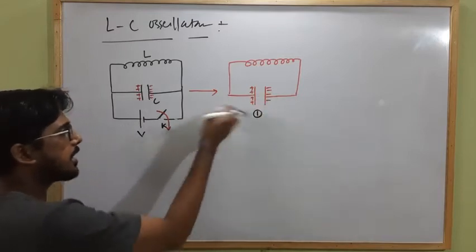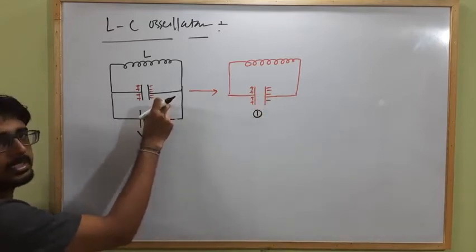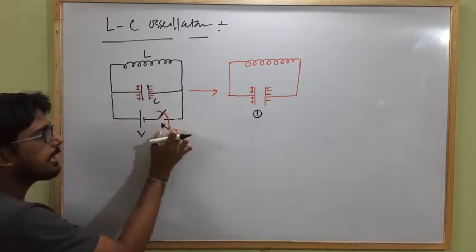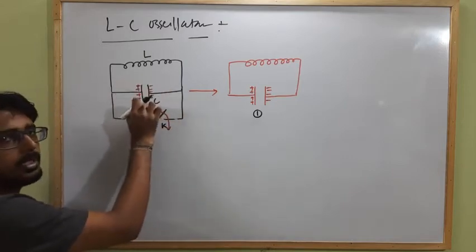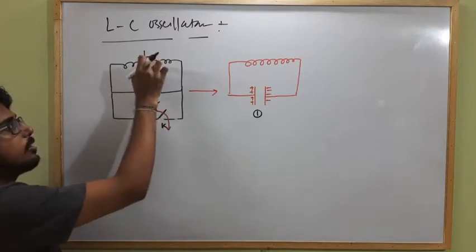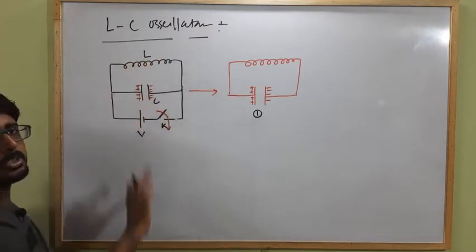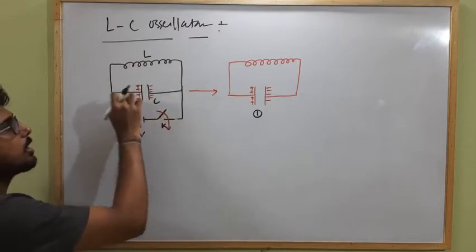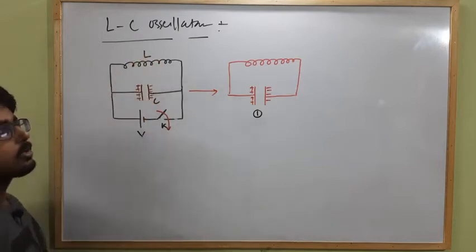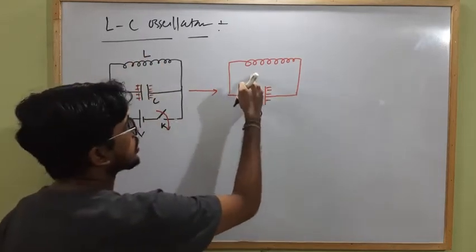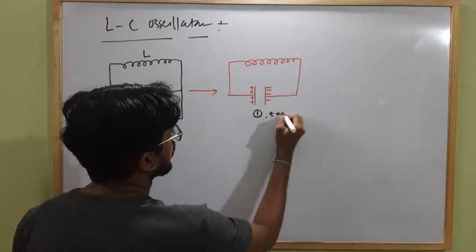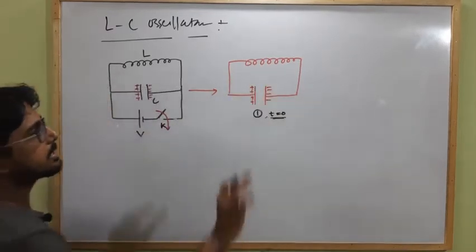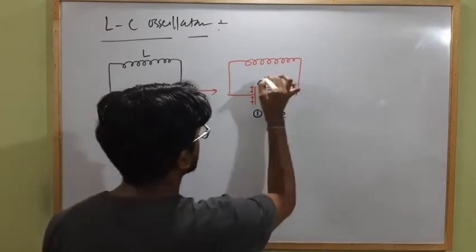How does the capacitor get charged? This is the circuit. By closing the key K, I get the capacitor completely charged but there is no current flowing through the inductor due to the opposition from its self-induction. Then immediately I open the key so that there will be no current passing through the inductor, and this will be the condition when t equals 0, the first condition, when the capacitor is completely charged, the capacitance of the capacitor is C and the inductance is L.